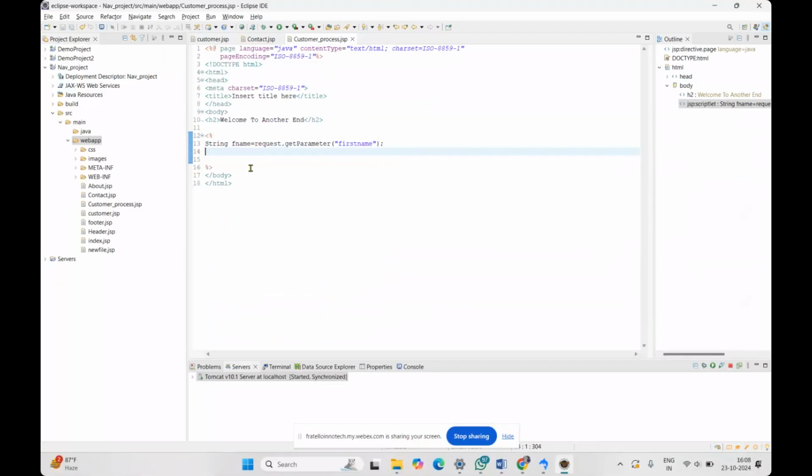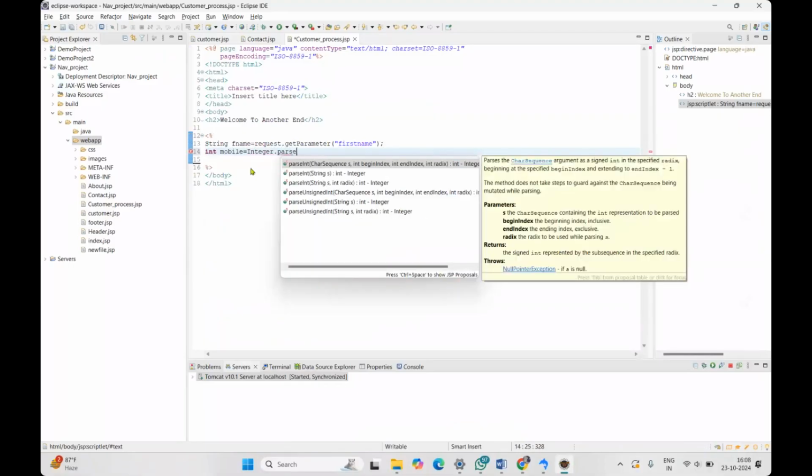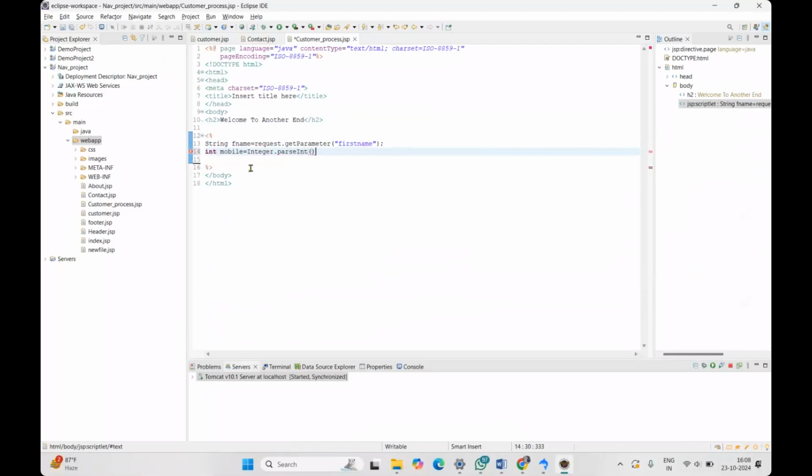But from the string format, we need to parse that string into an integer value, so we will use the parse wrapper classes like int mobile equals Integer.parseInt of, in these brackets we are going to